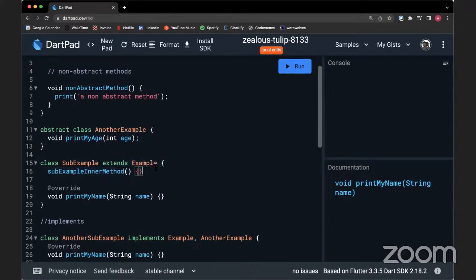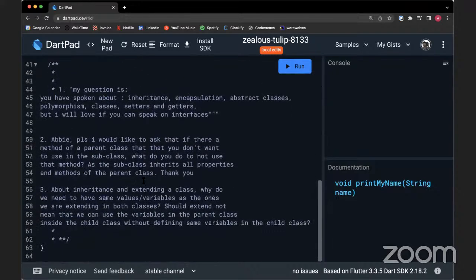You're also free to do whatever you want inside of your subclass, but before you do all that, you need to first override whatever abstract method is inside of the parent class. And then the answer to the second question was, the